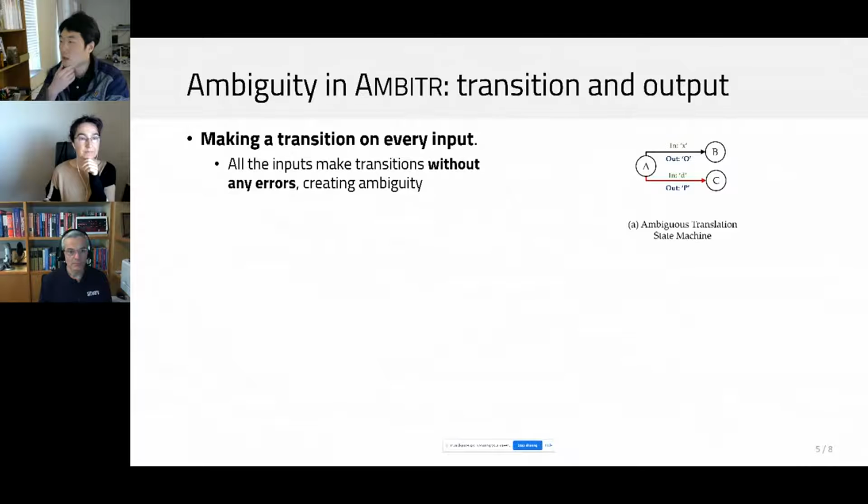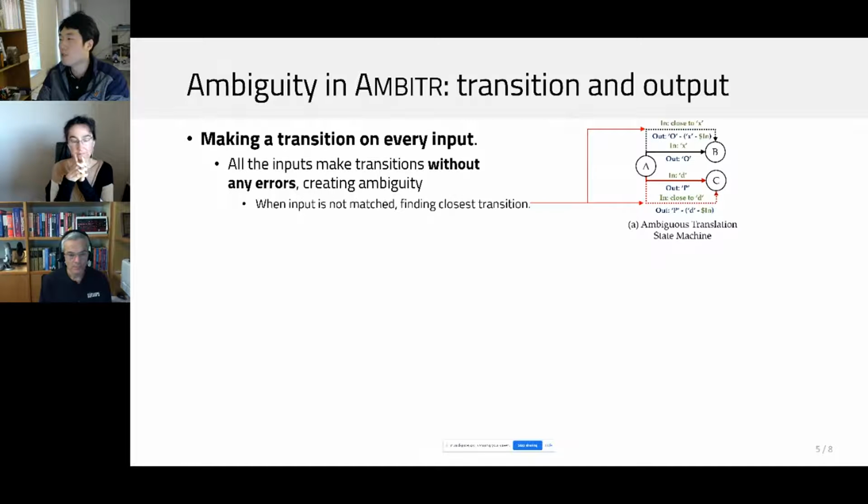Ambiter leverages a state machine, but it is different from the typical state machine. First, it makes a transition on every input. Unlike the typical state machine, in Ambiter, if the input does not match any possible transitions from the current state, it makes the transition to a state which has a similar transition condition to the provided input. And second,